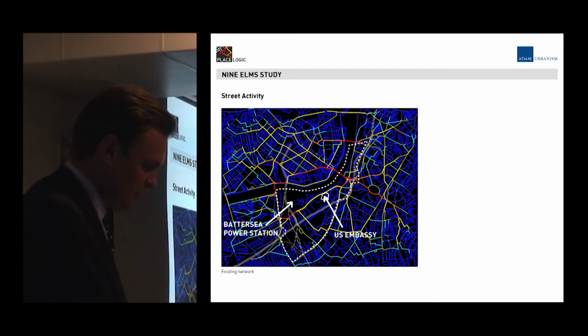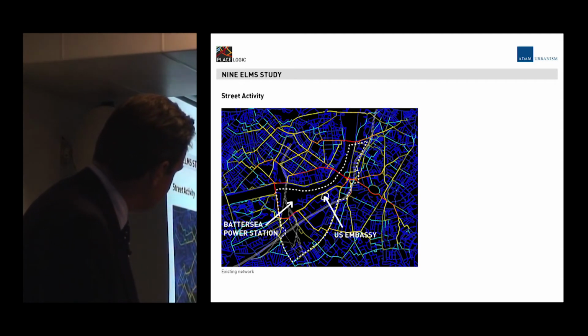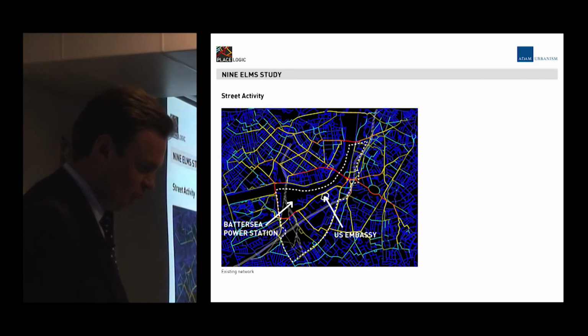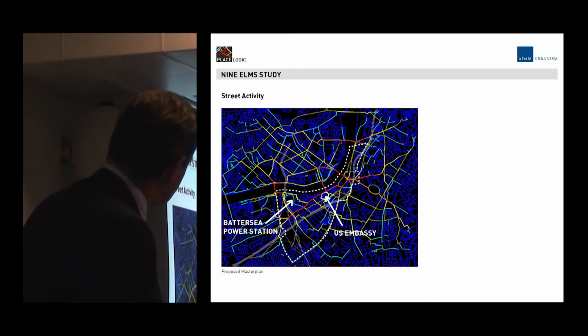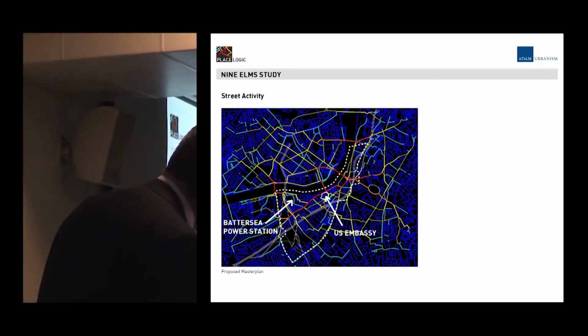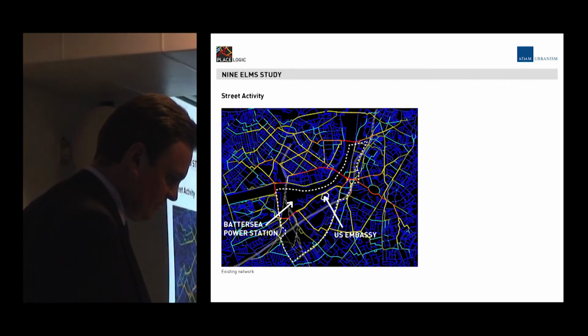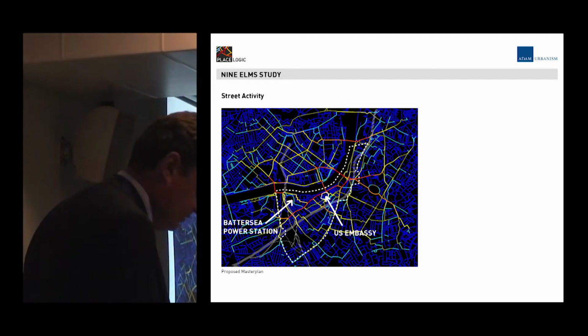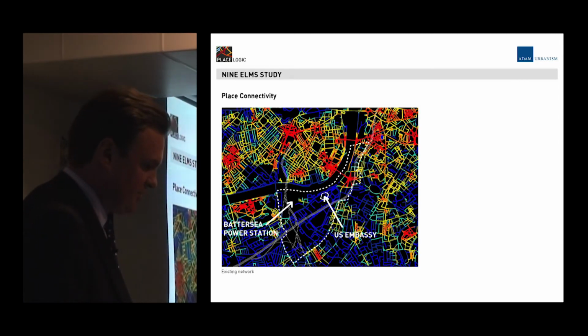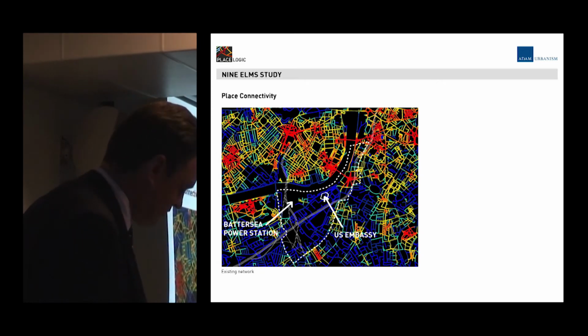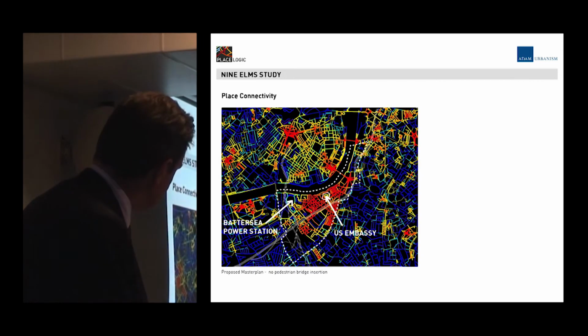So looking at how place logic can help with this analysis, this plan shows you the current situation as it is at the moment. This street activity plan shows you how successfully the road connection between the local centres heats up. This one goes back to the previous slide, how it was before. You can see that it heats up quite significantly. And on the place connectivity, the current situation is quite cool, as you can see. On account of the good network of streets and so on, the potential for a good local centre is also very evident from that slide.